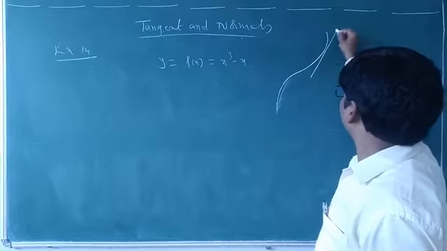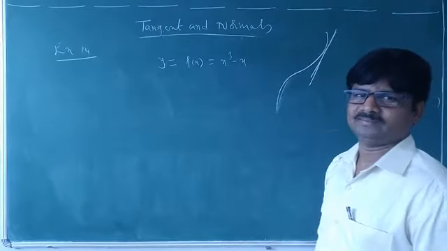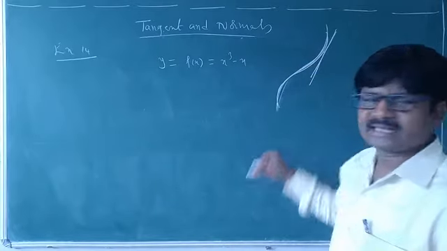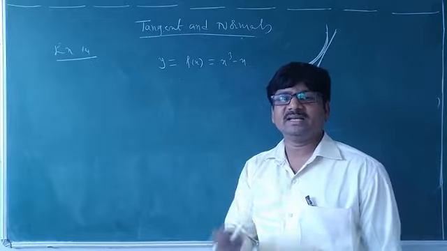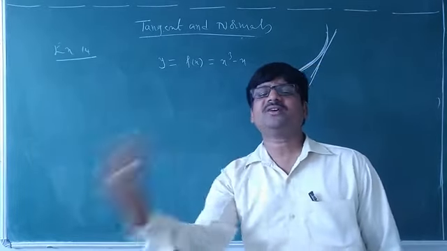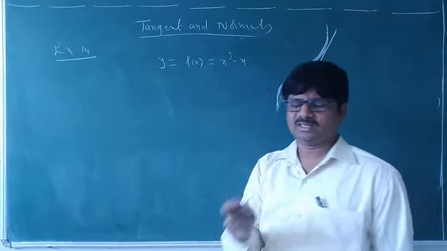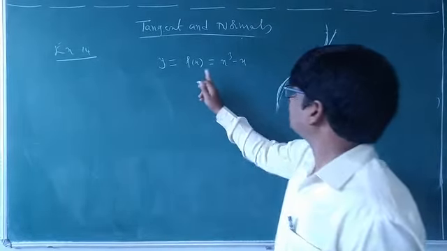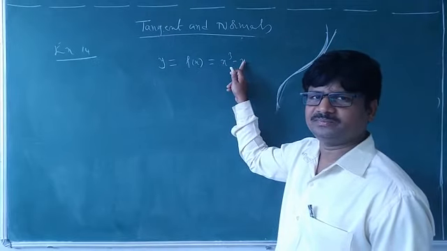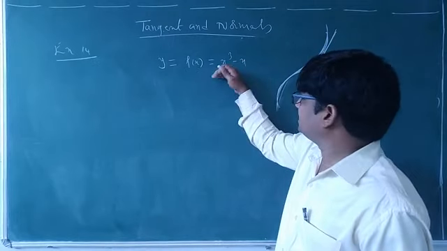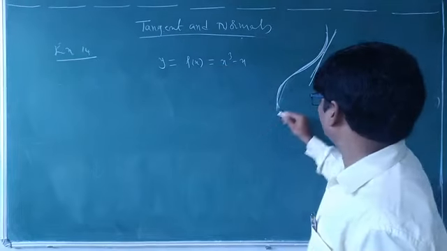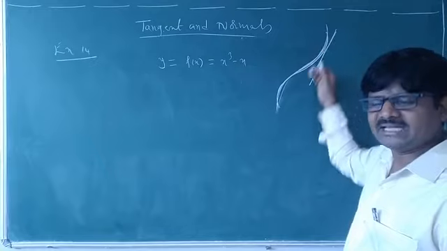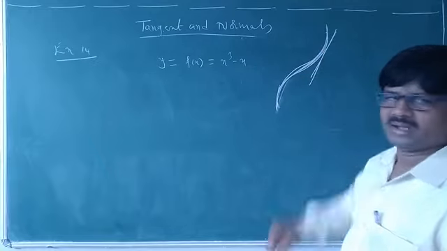It is a tangent. For this tangent, the slope is being asked. He is not asking the slope of the curve. He is asking the slope of the tangent of the given curve. The given curve means f of x equal to x cube minus x. For this curve, one tangent is there. So find the slope of the tangent of this curve. Are you understanding or not?